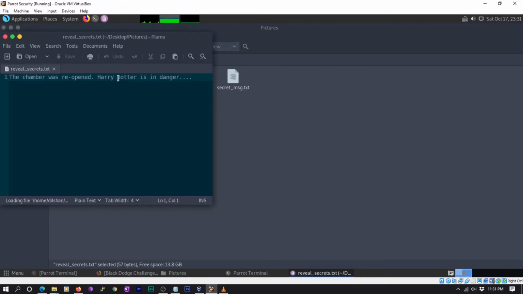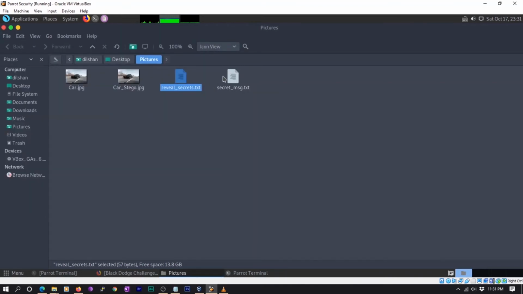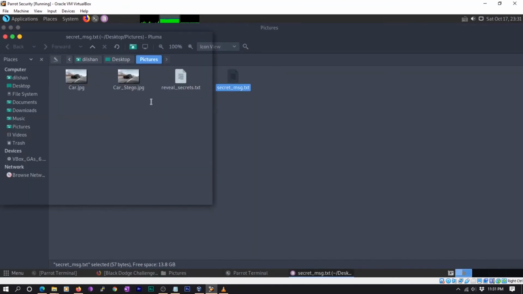As you can see, the content extracted and the content embedded are the same. So it's a really cool technique, right? Seems like we are in a spy movie.